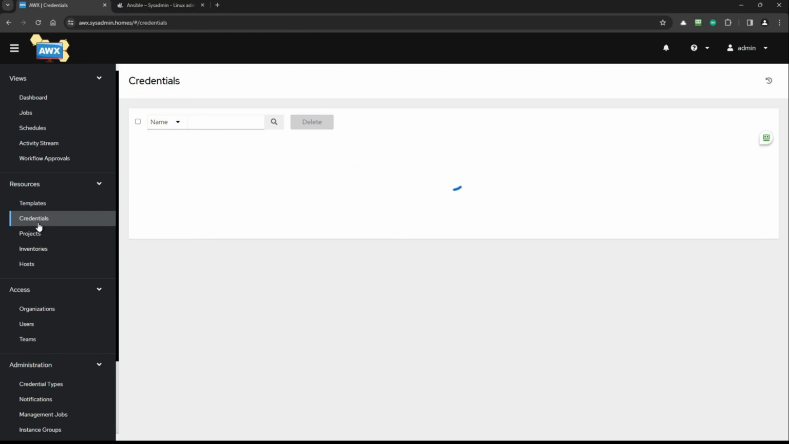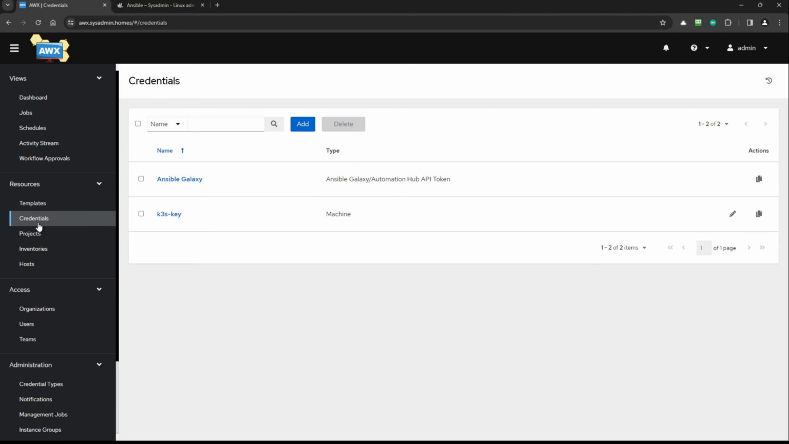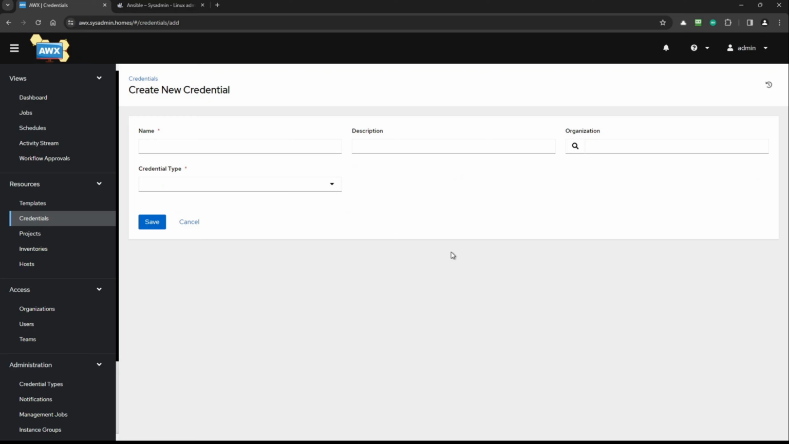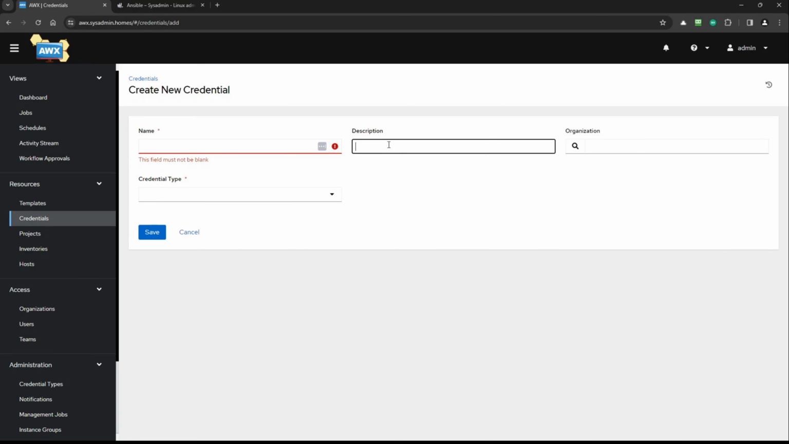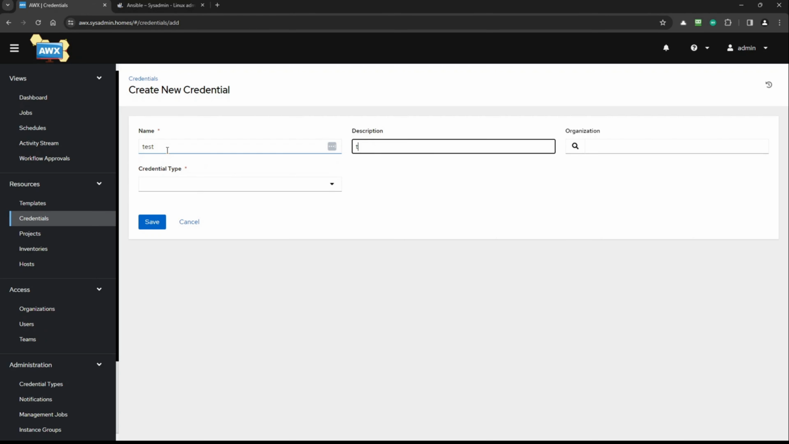Okay, credentials. This is very crucial. You need to, for example, add name, description, organization. So, for example, I don't know, something like test, organization, of course. You can click on this icon and choose home, select, or you can type it manually, credential